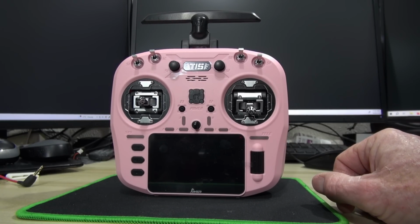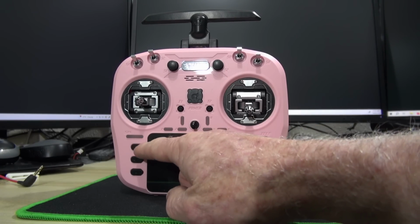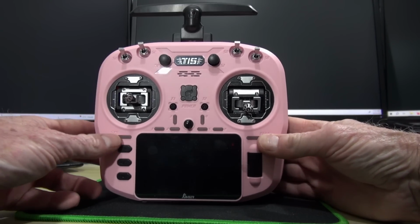Now, there is a scrolly wheel here, which is just like on the JR. There are 3 buttons there for helping with the menus and so forth, and there are another 2 buttons here, and these buttons illuminate when the radio is...